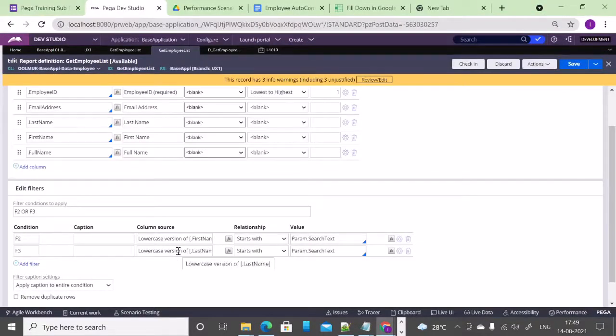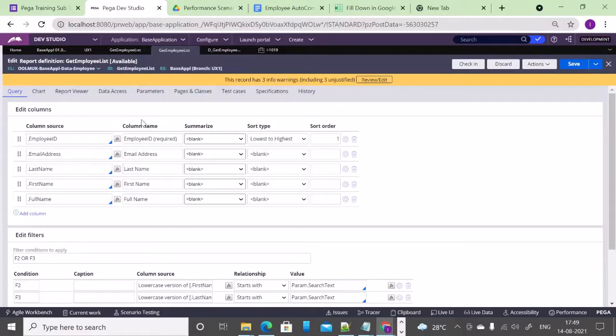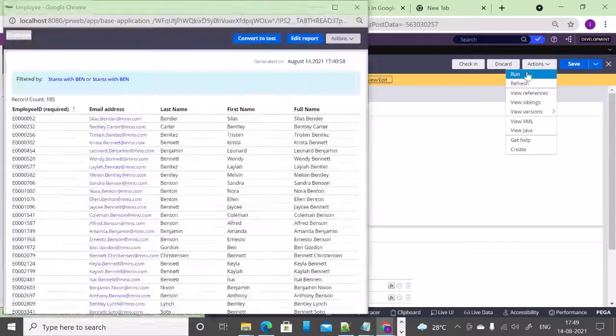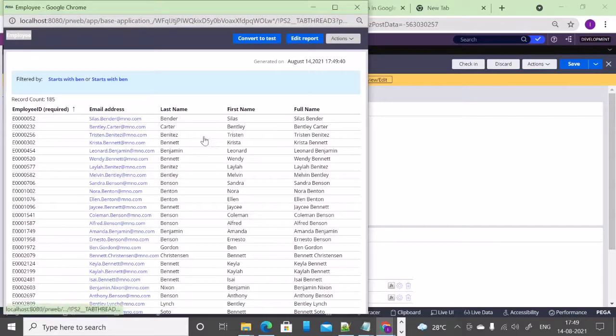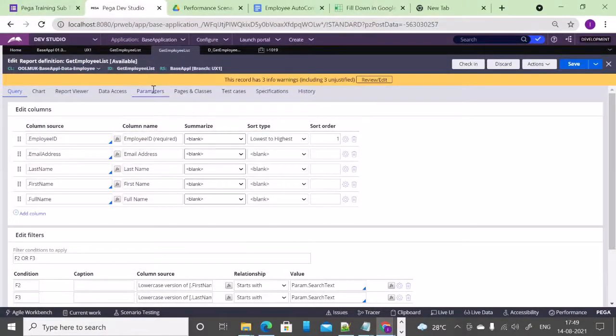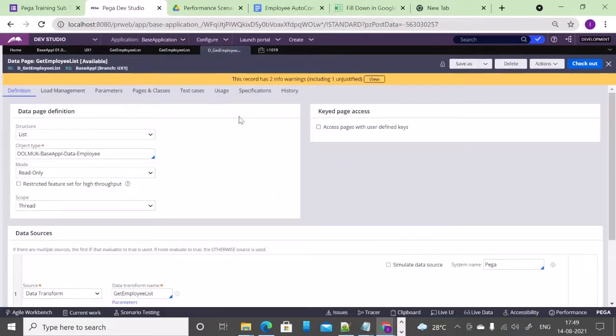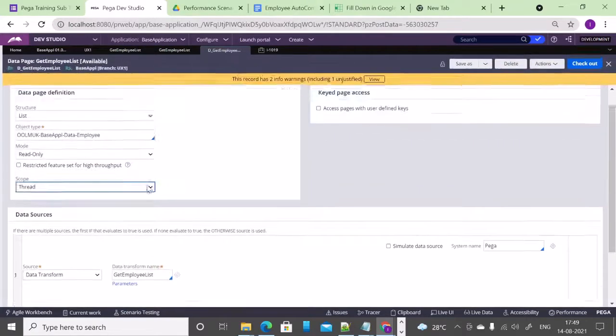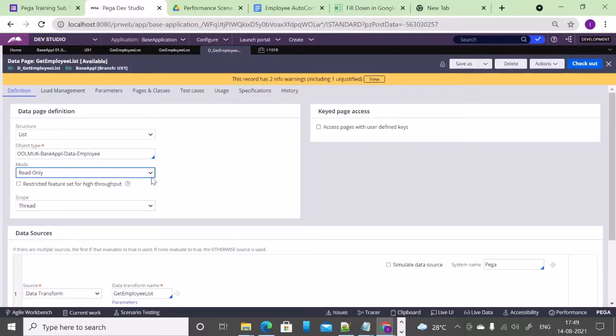When there is a lakh of records, the DB table query is very fast. When there are thousands of people accessing, imagine the same query is executed by at least 100 to 150 people, or even 500 people. The query performance is very quick because it is using the DB table index. If you see, there is a huge difference in the data retrieval too, and you should see the performance of the data page also. When you hit it, it will directly get the data very quickly.